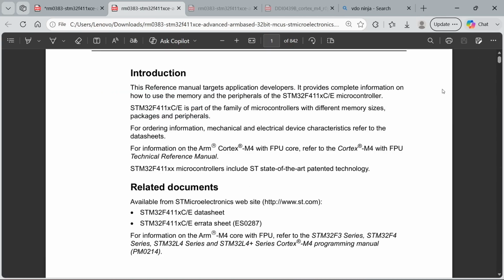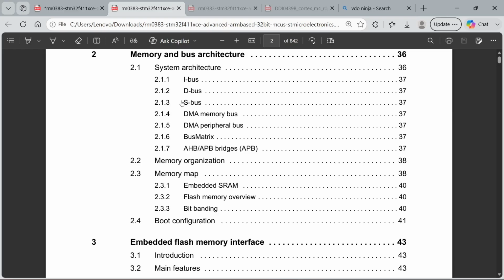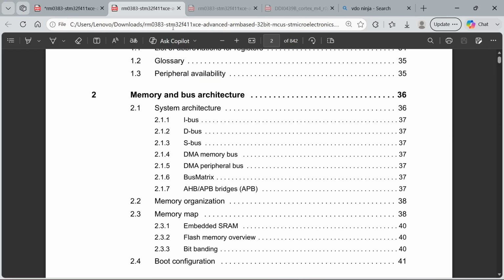Let me show you the memory map. You can see here memory and bus architecture. This is the STM32F411 reference manual. You can download it from the manufacturer website.